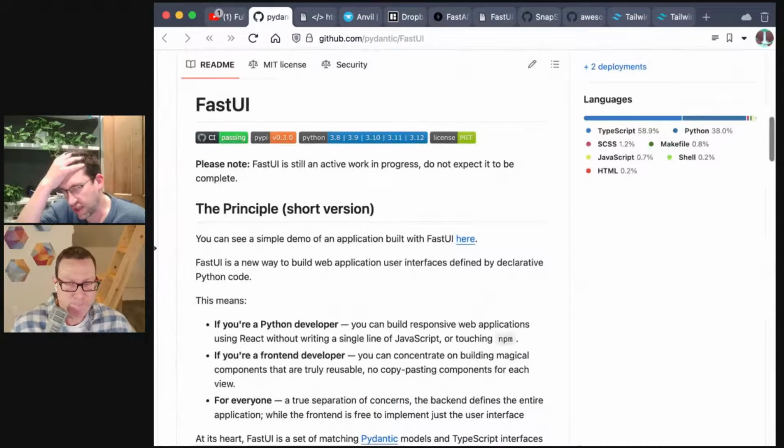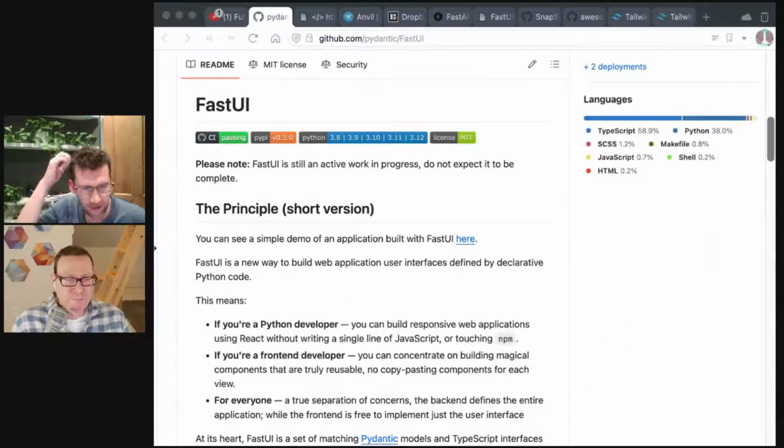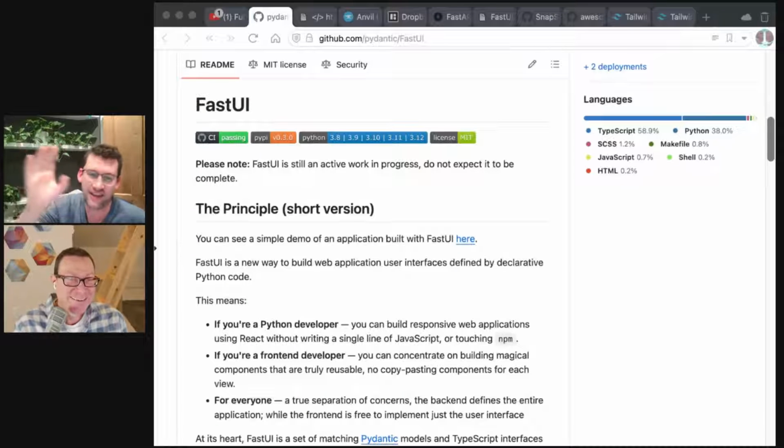So interestingly, one of the reasons I wanted to come and talk to you was I heard you talking the other day on your other podcast about FastUI, and kind of categorizing it into that group. One of the things I wanted to say was, yes, we can do that, but the use case we have within Pydantic is actually to build a pretty complex, fully fledged application with front end developers building components, but just get rid of that churn.